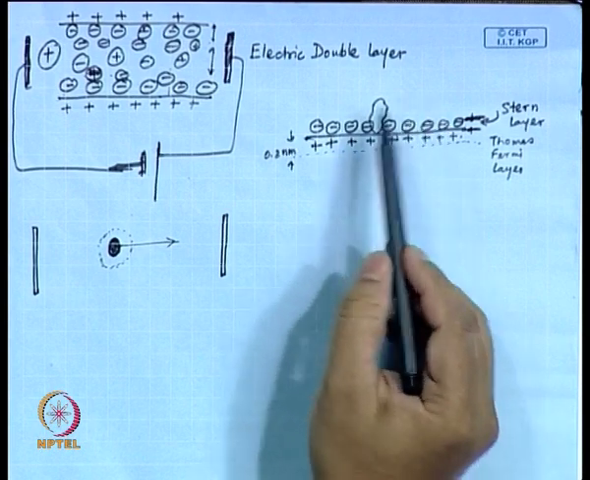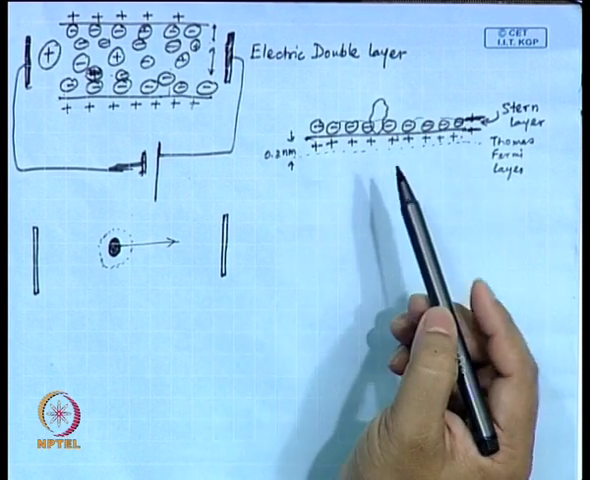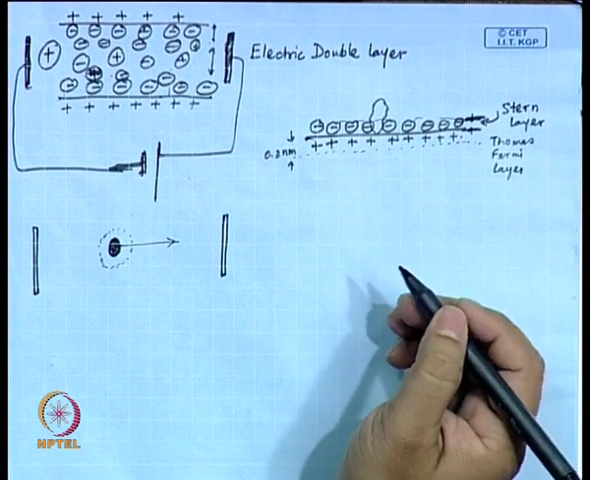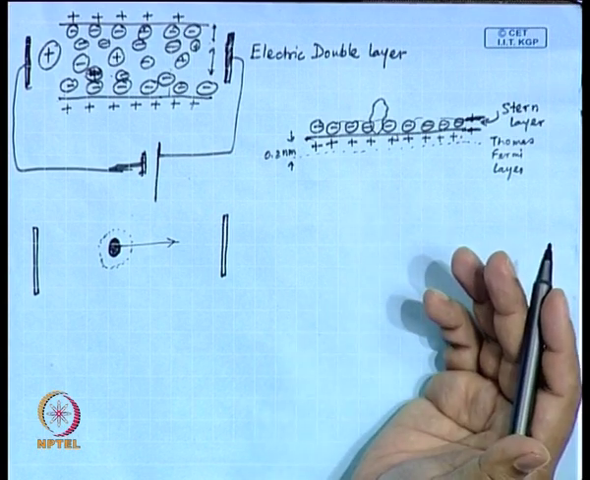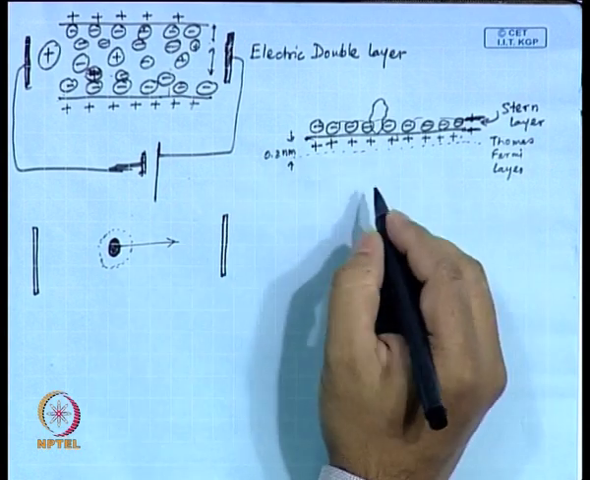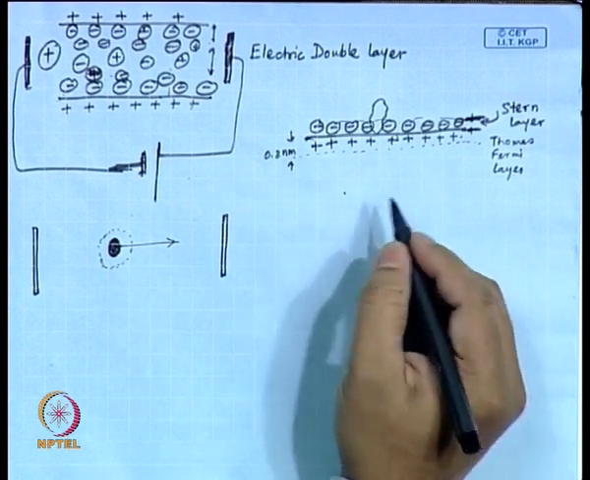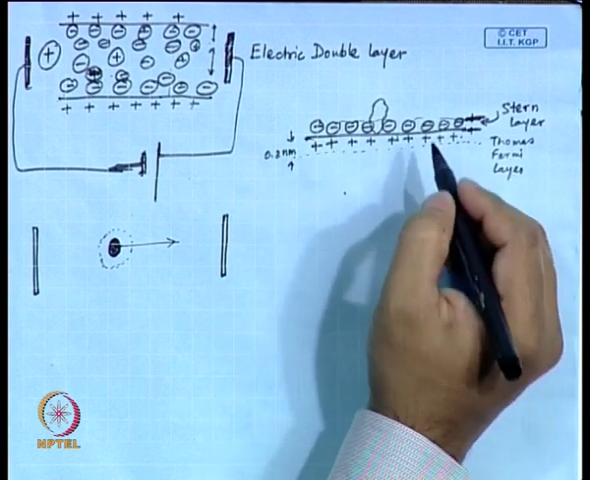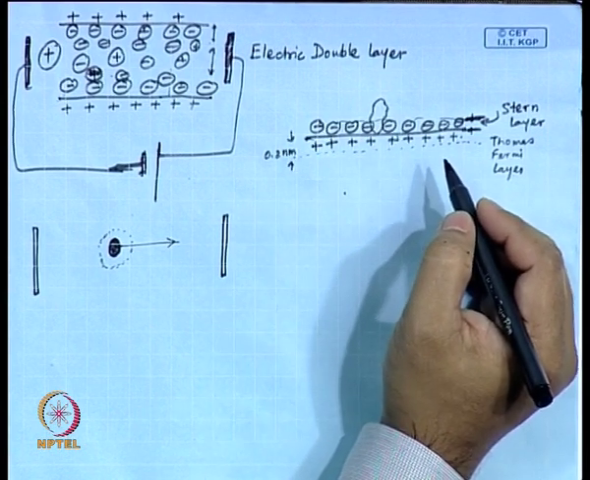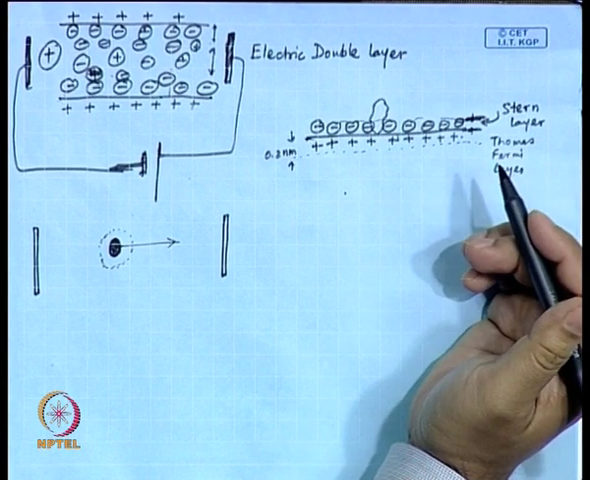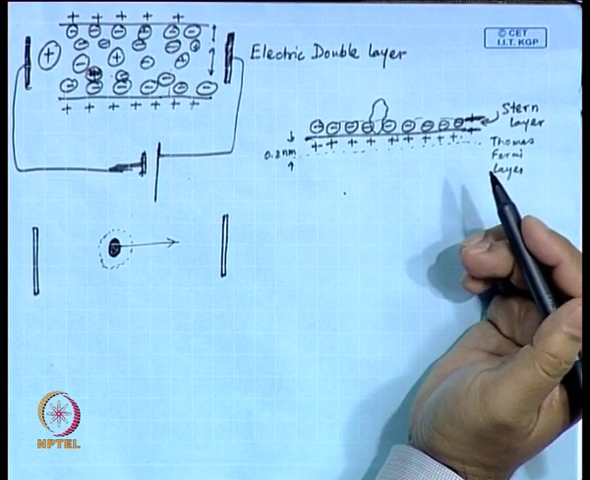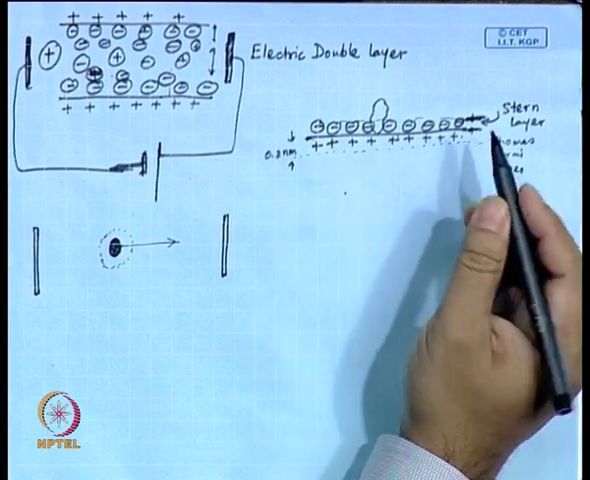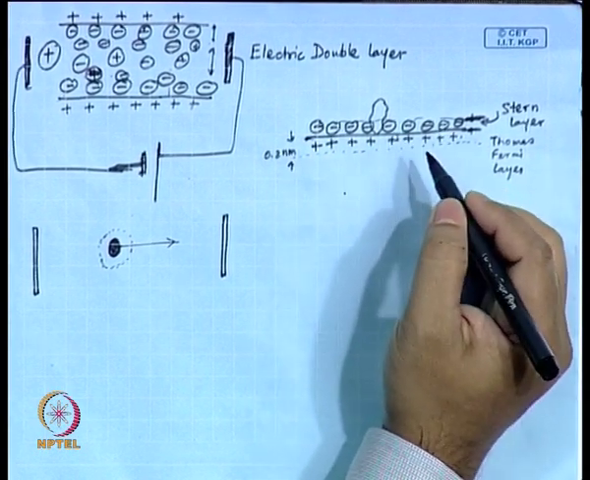Now, the existence of this layer is very difficult to confirm. I mean, what exactly is happening? In fact, the researcher who was doing the pioneering work here is Helmholtz. In a lot of places you will find that initially this layer used to be referred to as the Helmholtz layer. Okay. Now, the problem was that this layer,